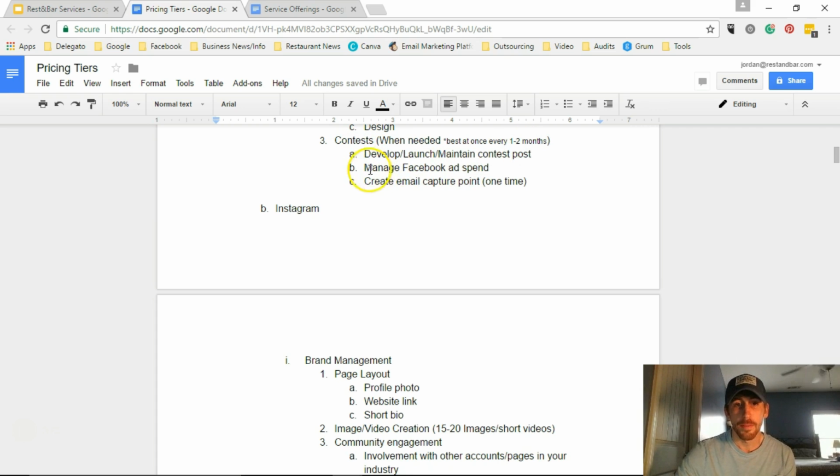But you develop the campaign, manage the Facebook ad spend. You need to do at least $100, and then create an email capture point. So that's pretty much it from there. Also, one thing to keep in mind is I don't do the ad spend for them. There is no ad spend in this. If they want to do the contest with an ad spend, they have to pay the extra $100 on top of the $9.97. So I would, in the customer packet, this is my internal document,